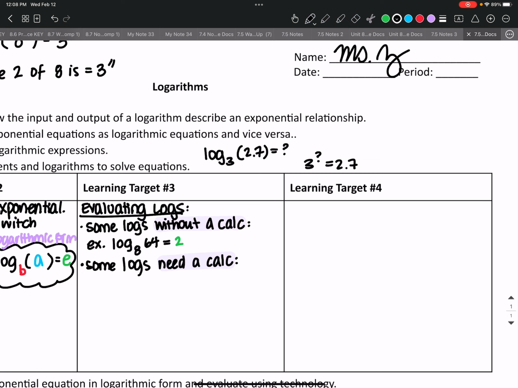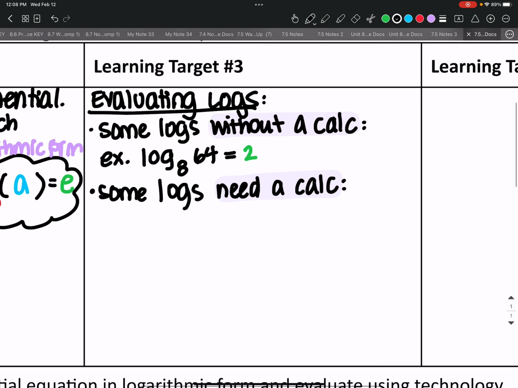Since logarithms are the inverse of exponential functions, they all have different bases, and there are infinite bases for logarithms that you can have. We only have 2 of those bases in our calculator. One is base 10 and the other is base e. So we need to convert our logarithm, however it's written, into base 10 or base e so that we can use our calculator. So if we see some logarithm with a base of b and something inside of a,